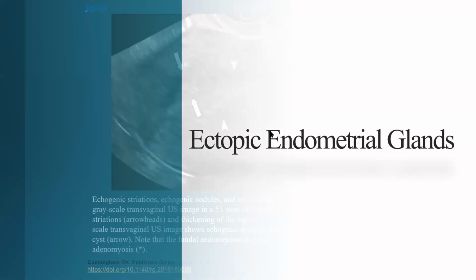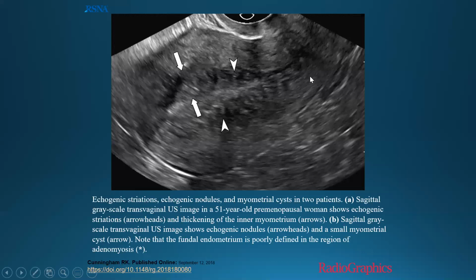So I'm going to start with the first aspect. We mentioned it's ectopic endometrial glands inside the myometrium. So we are going to see this on ultrasound. This is the picture. It gives you a very clear identification of the uterus, with those arrows pointing at the echogenic striations we are talking about. So there is an endometrium and there is a myometrium, and there is an endometrial-myometrial interface. If you see striations between the endometrium and the myometrium, this means that there is a continuation between the endometrium and myometrium. This is a striation.